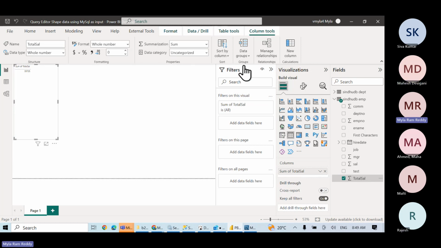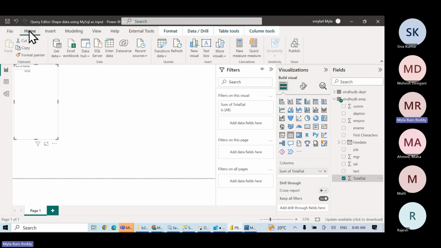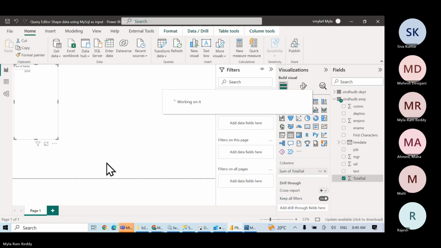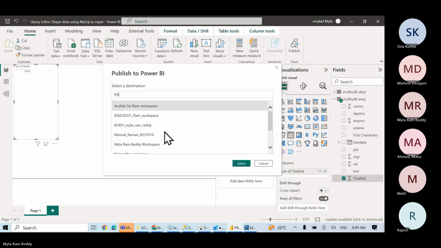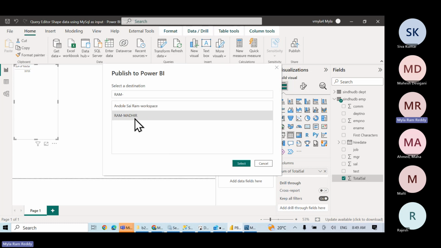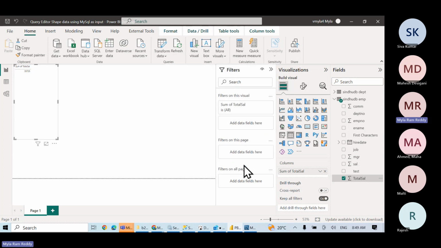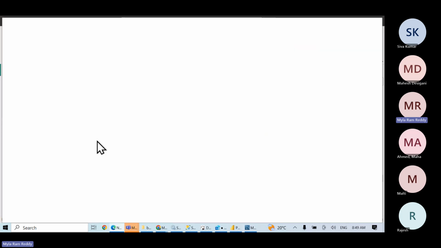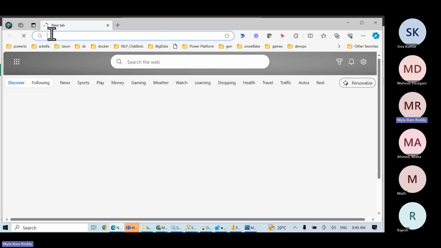Once it is completed, I'm interested to publish this one. Click on publish. Save it. Then now we select our workspace. Click on select. This will be published. Now, once this publish is completed, you can confirm whether it is really published or not by